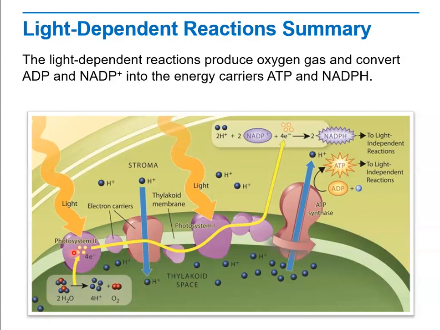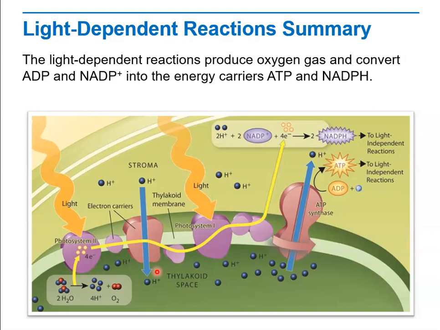The high energy electrons are carried into the electron transport chain by electron carriers. In the electron transport chain, some of the energy from those high energy electrons is used to pump hydrogen from the stroma into the thylakoid space. The result is that the concentration of hydrogen ions inside the thylakoid grows. You get a bunch of hydrogen ions inside the thylakoid, and it's going to want to squeeze itself back out